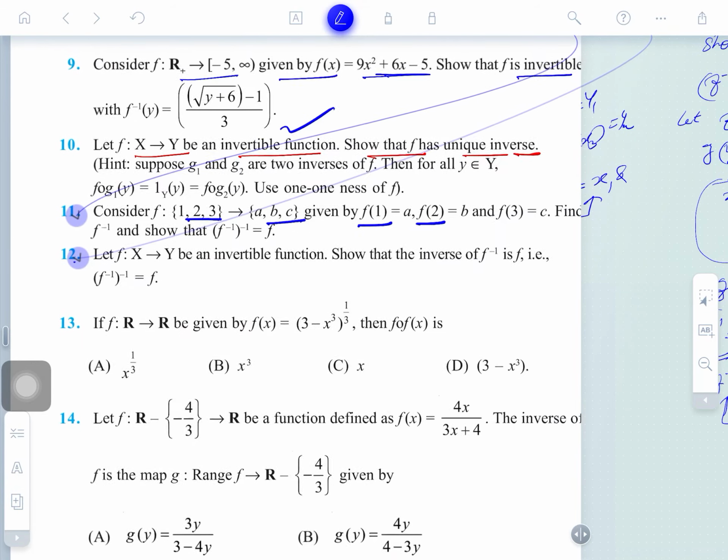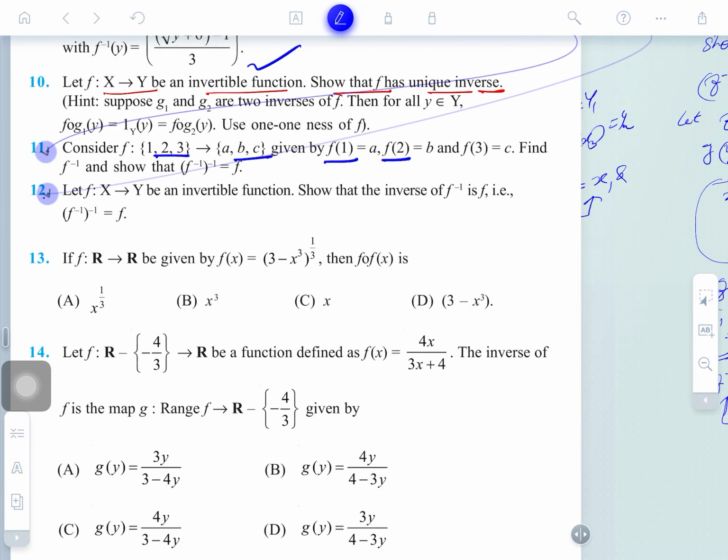Now the next question is also there. Question number 13 and 14 are the assignment. I am telling some more questions related with this. Now look please, let S be equal to {1, 2, 3}, determine whether the function's inverse f inverse exists. You will just write here, some questions are there.